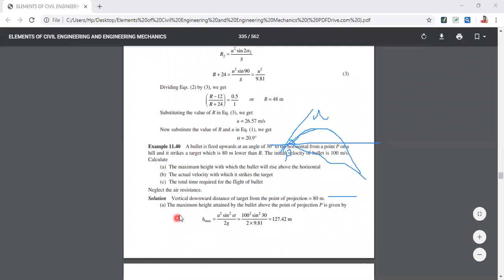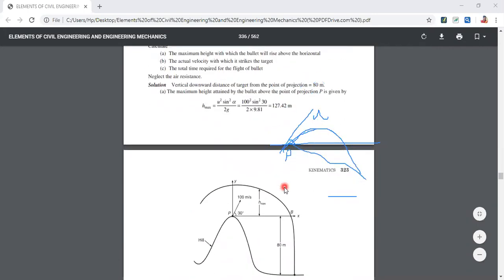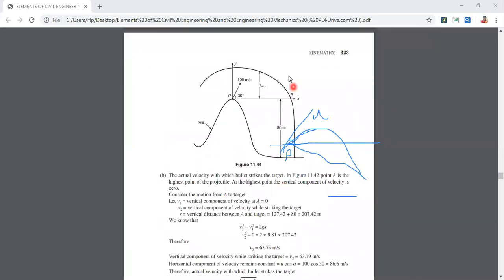The first one, h max, u square sine square alpha by 2g. You have the value of u, you have the value of alpha, 2g, you get the value of h max. So the maximum height attained by this, that is this distance, is h max. Next, this diagram you might find it a little confusing, so no problem. The actual velocity with which the bullet strikes the target,